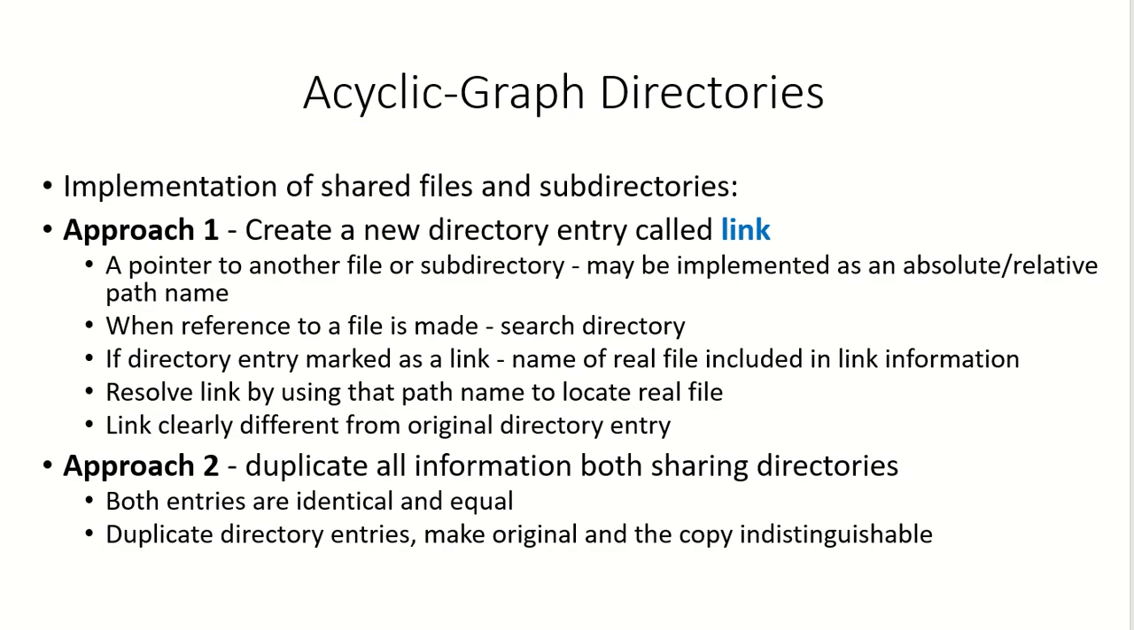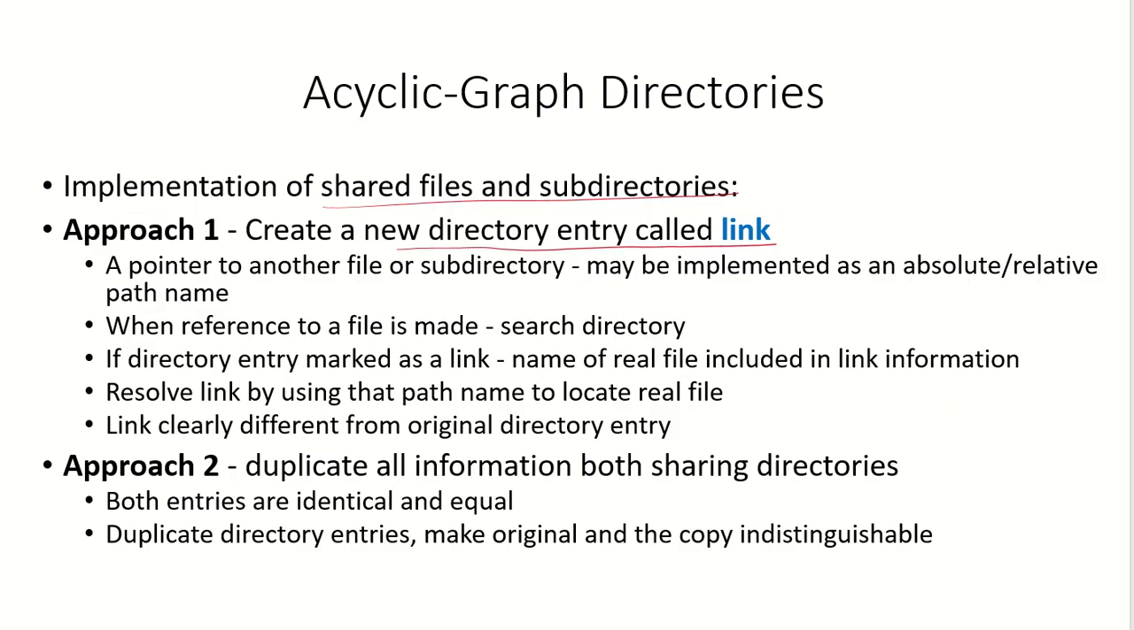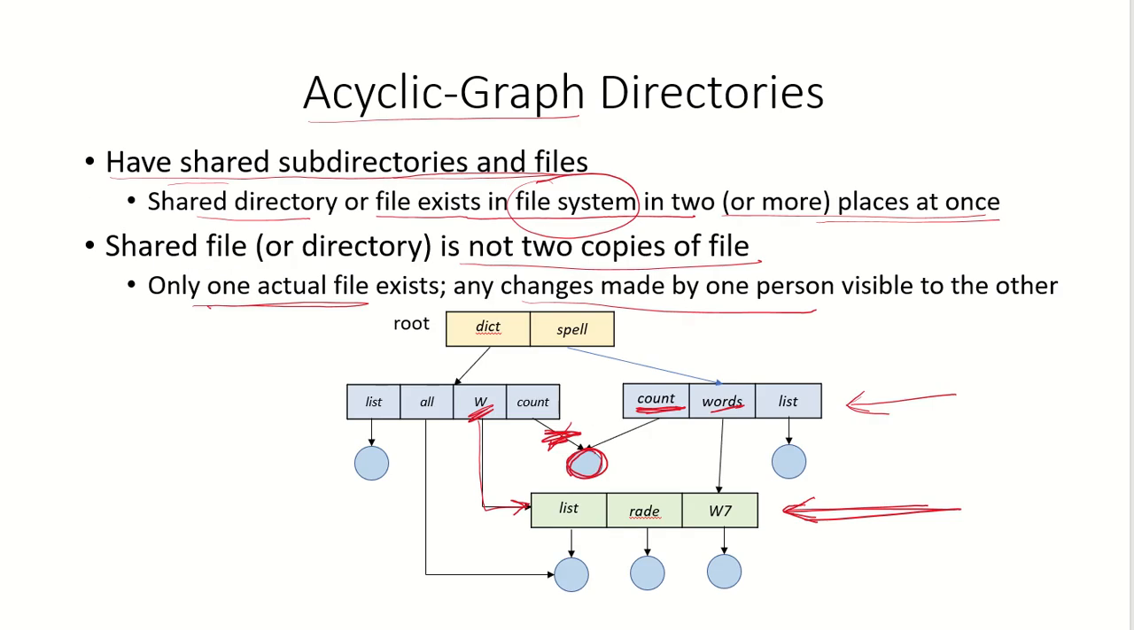How can we implement these shared files and subdirectories? One approach is to create a new directory entry called a link. Suppose initially this was not there, only this file had an entry over here in this subdirectory. Now if another user also wants to share this file, how can it be implemented? By creating a new directory entry which is called a link. That means this entry that will be created will be referred to as a link,